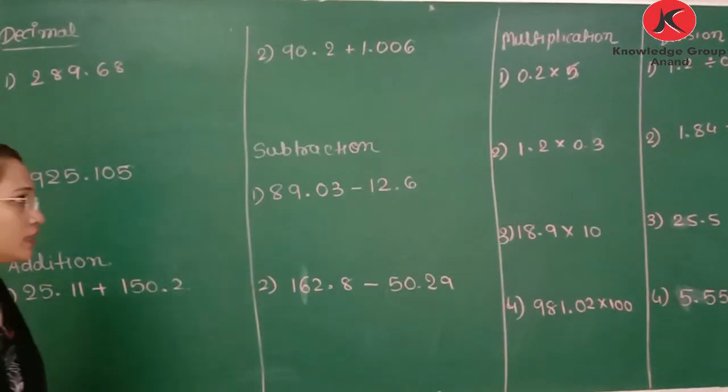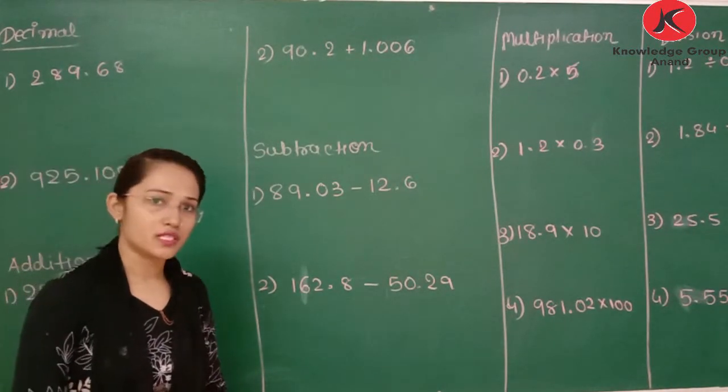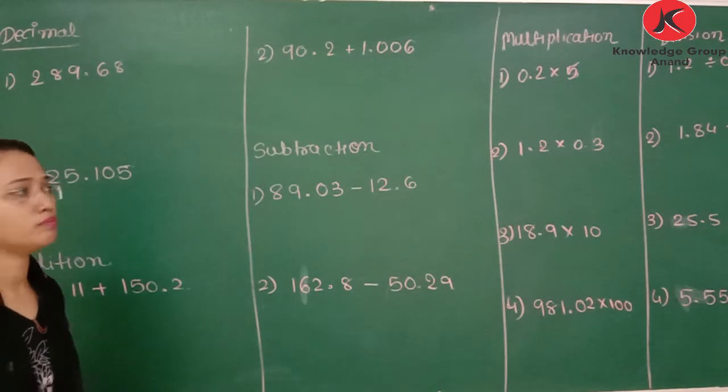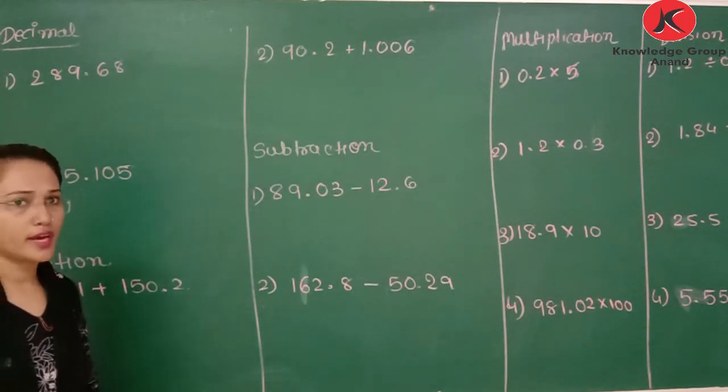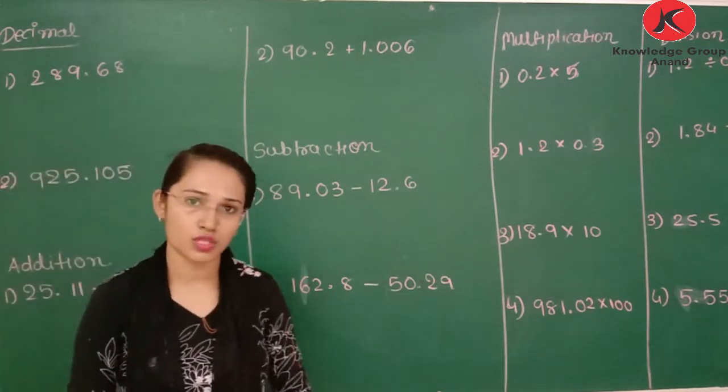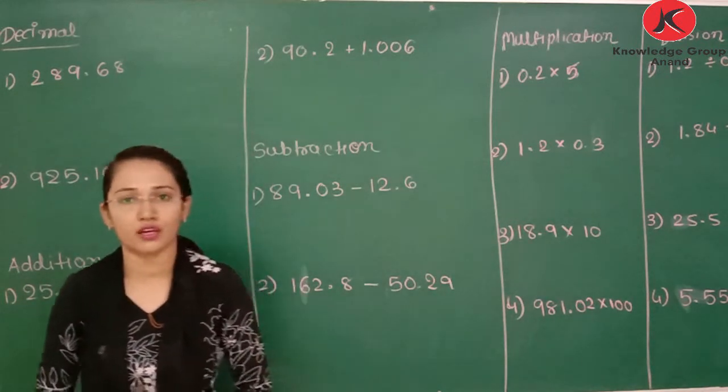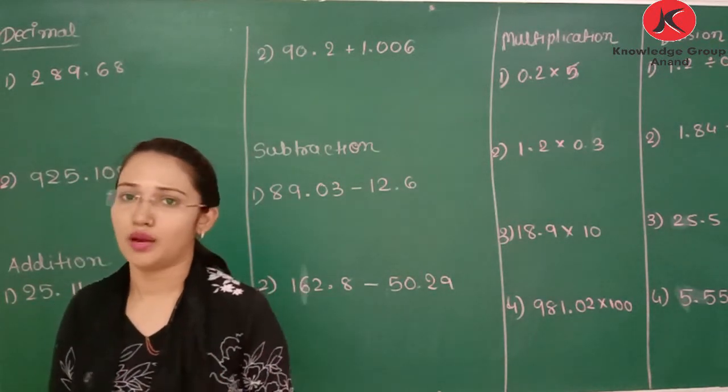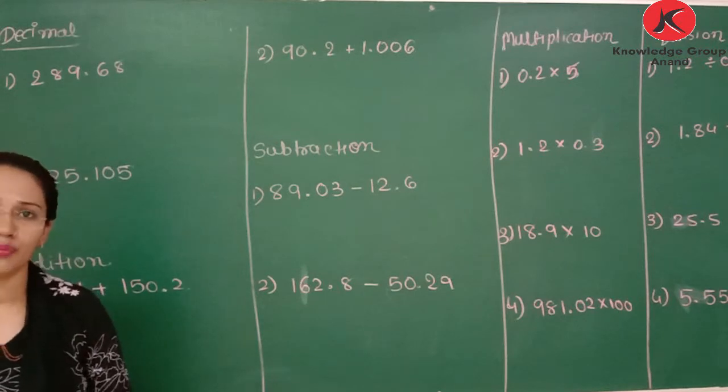Now we will start the methods we learned in decimal numbers, that is addition, subtraction, multiplication and division of decimal. Again word problem માં method તો સેમ જ હશે. તમારે ખાલી ઓપરેશન આઈડેન્ટિફાઈ કરવાનું છે કે કયું ઓપરેશન કરવાનું. Can be addition, subtraction, multiplication or division.